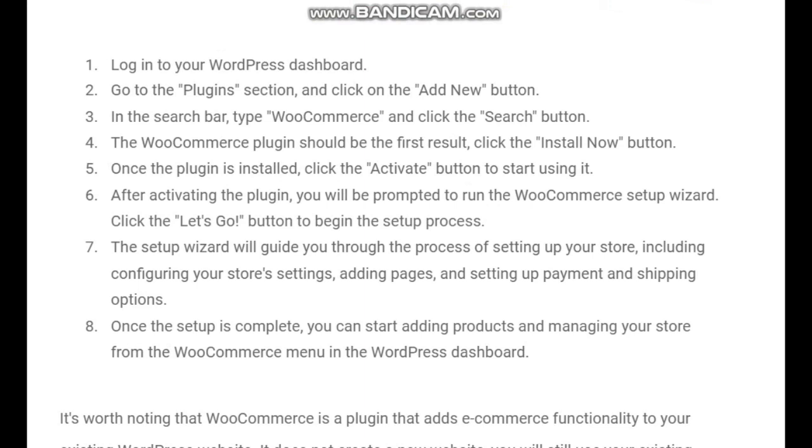The setup wizard will guide you through the process of setting up your store, including configuring your store's settings, adding pages, and setting up payment and shipping options. Once the setup is complete, you can start adding products and managing your store from the WooCommerce menu in the